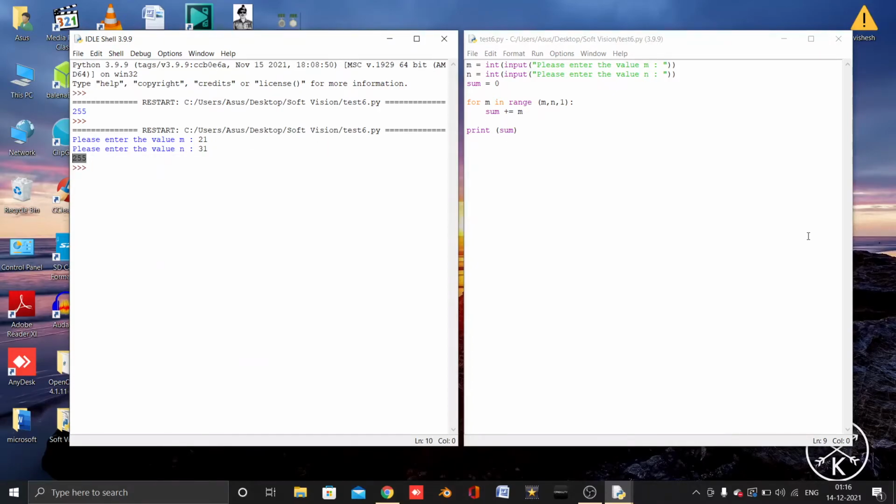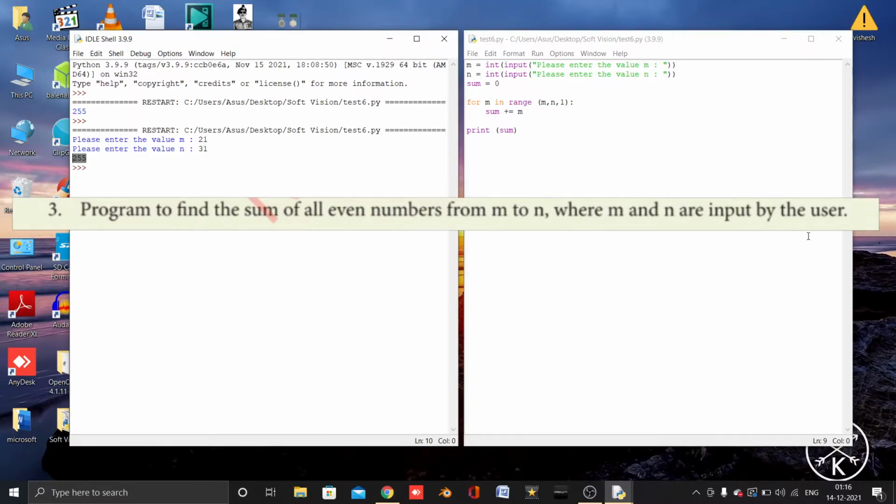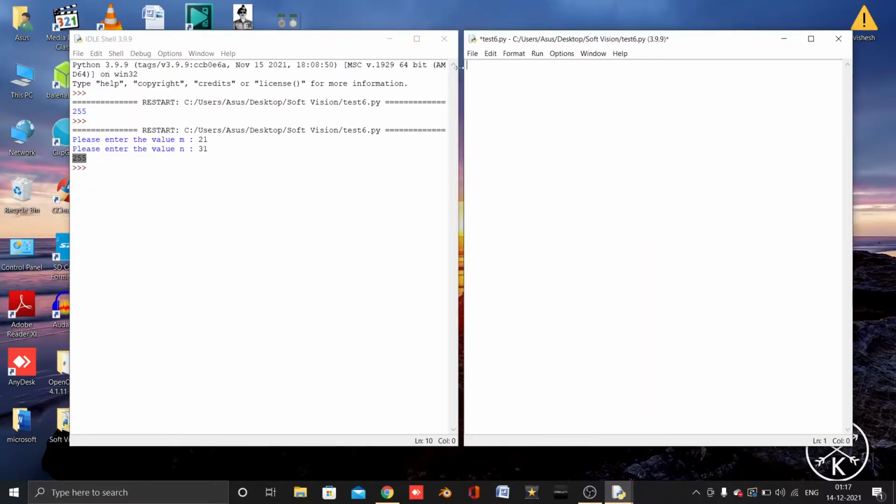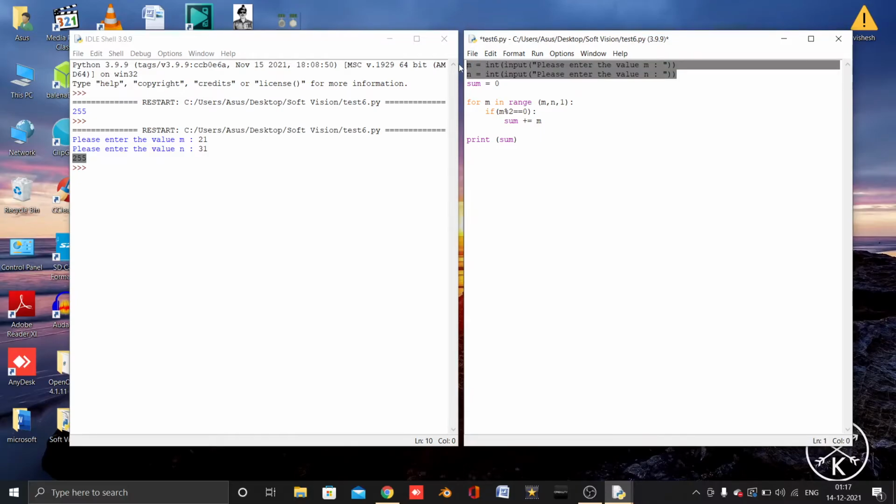Moving on to the third program, that is a program to find the sum of all even numbers from m to n, where m and n are input by the user. Okay, let's see. Let's delete this program and print the new one. Okay, so this is the program which we are going to see. In this program, what I'm doing in the beginning, I'm asking the user to enter the values of m and n,